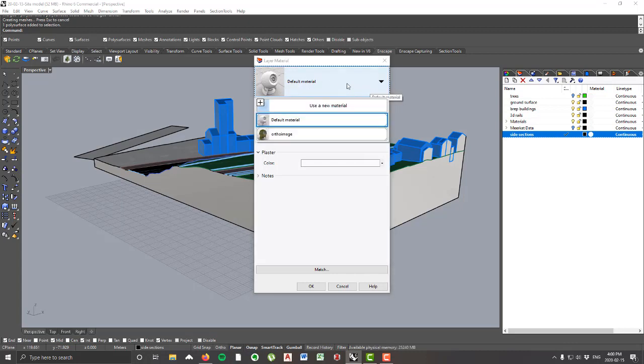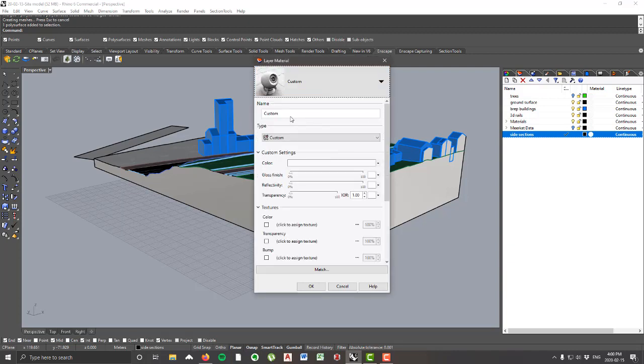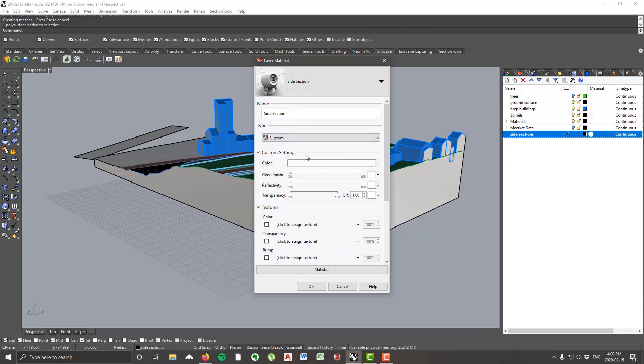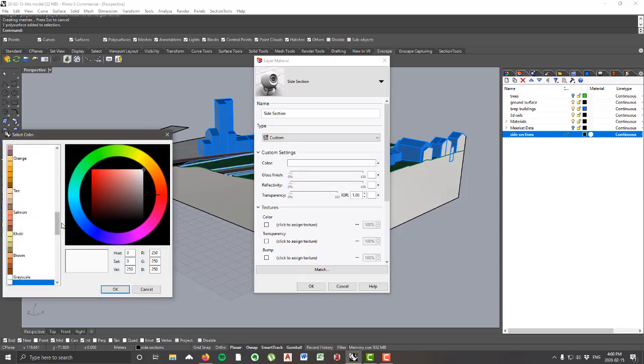And to make a new material, you can just click the little addition sign here. So use a new material. We'll go custom, and we can label this side section like so. And you'll see that on our custom settings we can choose or change some things. So there's color, gloss finish, reflectivity, transparency. We'll change our color to black